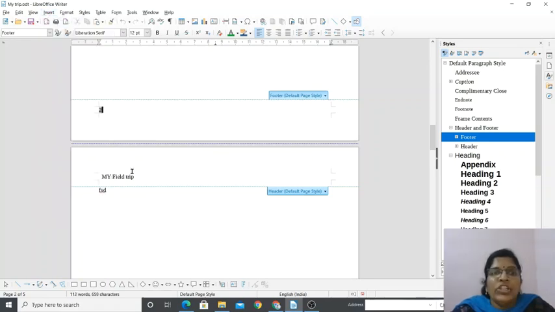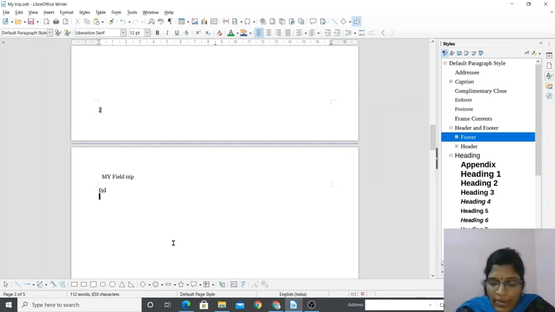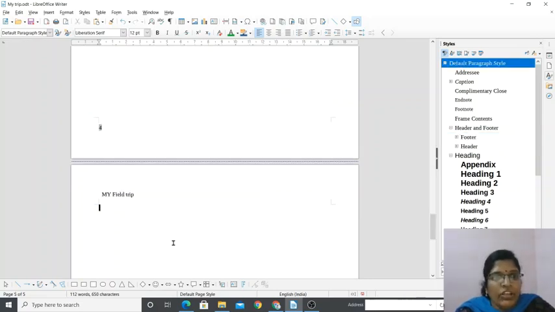Do you see page number 2 appears here? Then automatically here it will be page number 3, 4. Do you see page numbers? Once you give it, it will automatically apply the page number to the remaining pages also. Clear? So this is how we apply header and footer to the page. That is the third option.